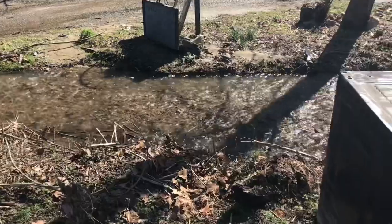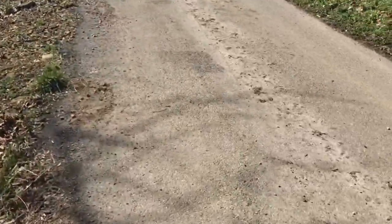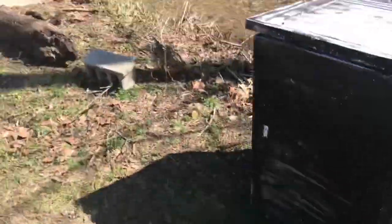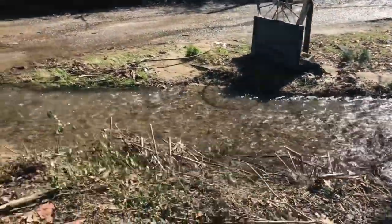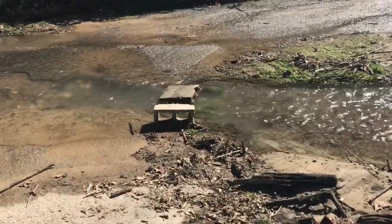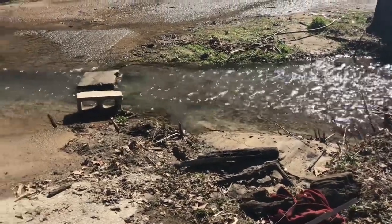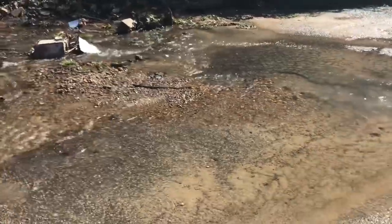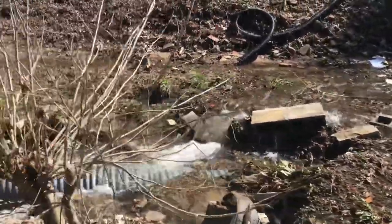Now here was part of a yard, and as you can see, the creek is kind of shallow here. And then it ended up building up debris next to a drain pipe. There's actually a drain pipe right in that area where those cinder blocks are. Unfortunately, the debris covered it up. And now, the water flows right over top of the driveway. Right in here,